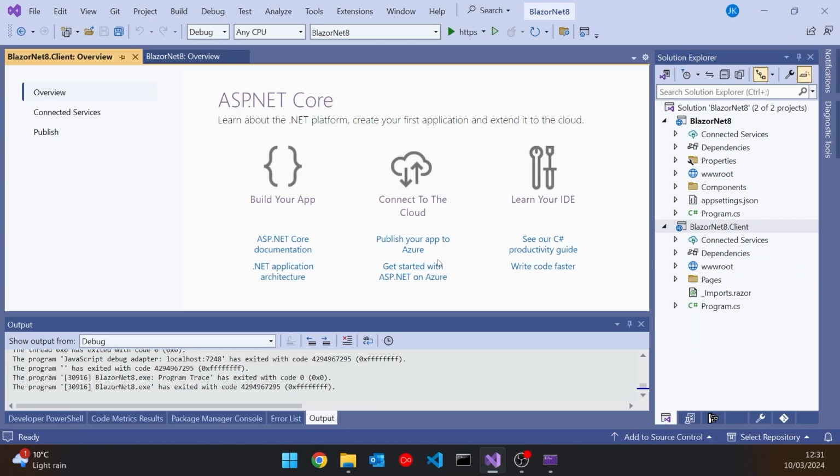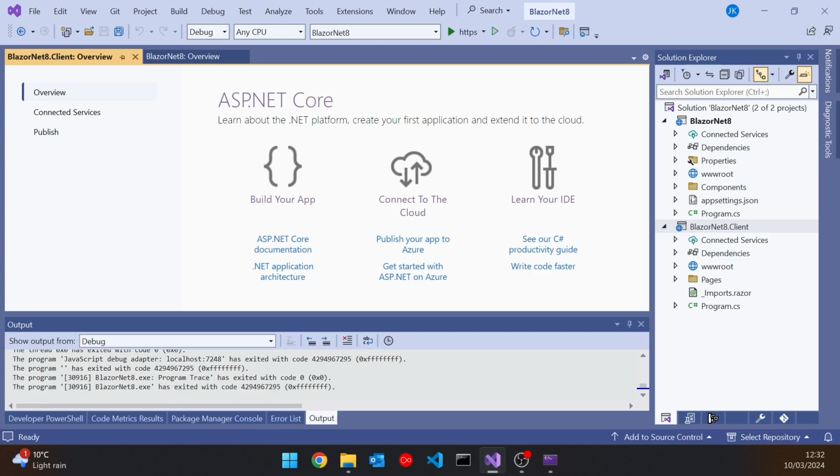And the first thing is we've got 2 projects within the solution. So we've got Blazor Net 8, which is just what I called it, and then it's also created Blazor Net 8 Client. And you can see that the startup project is set to Blazor Net 8, because when I run this in Visual Studio or on a server, that's what's actually going to be executed server side. And then Blazor Net 8 Client is going to be the DLL that's delivered to the browser and is going to be run using WebAssembly if we've opted for anything like that. So that's the difference between them.